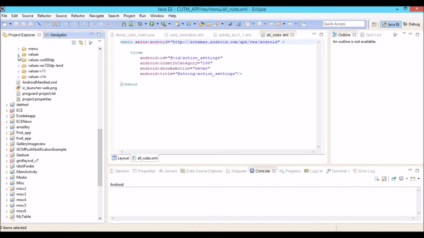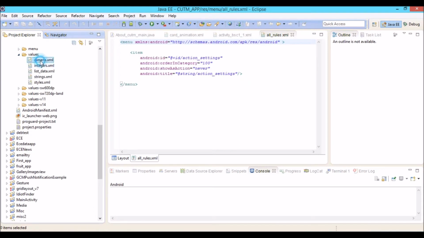A menu button in the phone shows the actions a user wants to perform. The menu folder is responsible for that, and it also stores the XML files. Then, coming to values, a values folder contains all the data required for an Android project. The first one is dimensions, that is the margins required for an Android screen or app. And integers contains integer values that depend on the user, who can store them in the XML file.